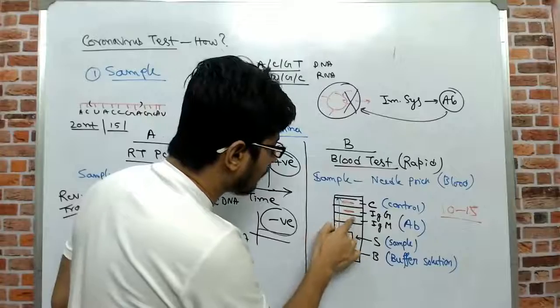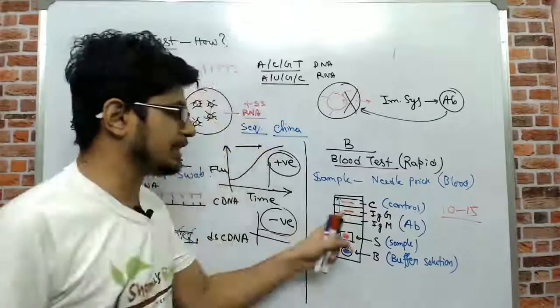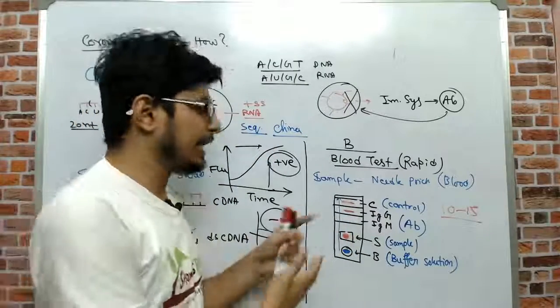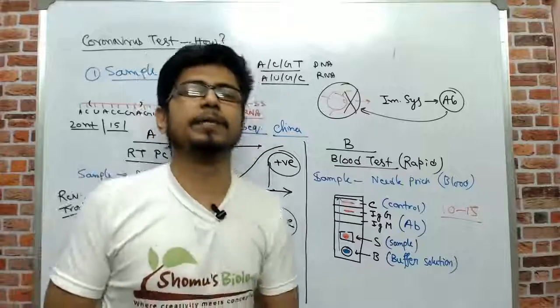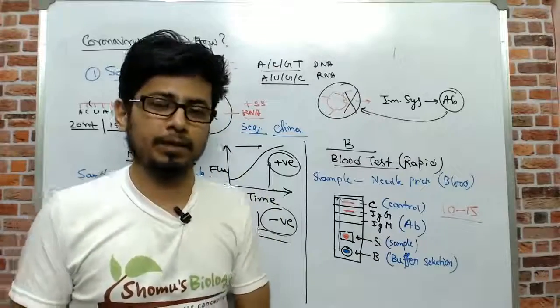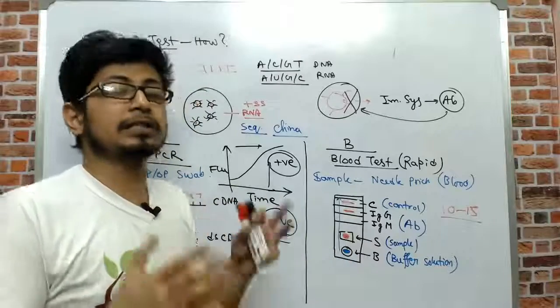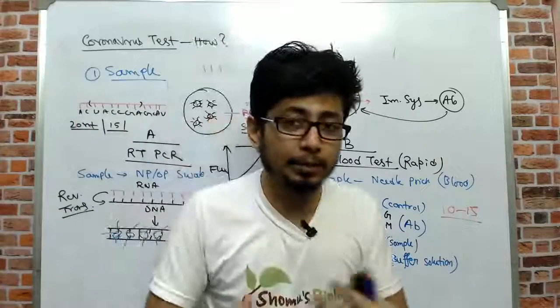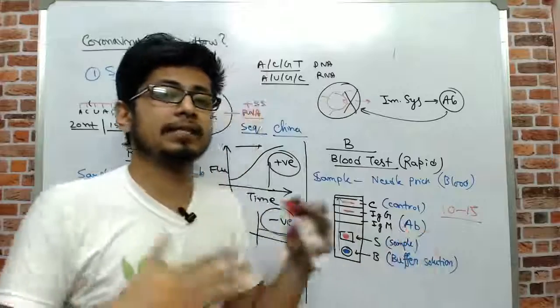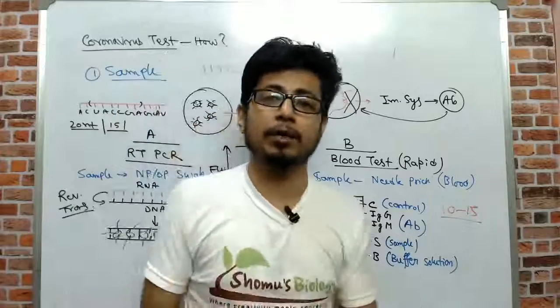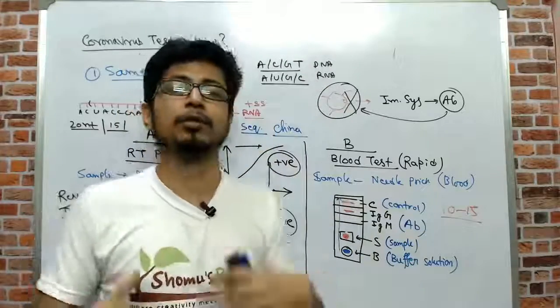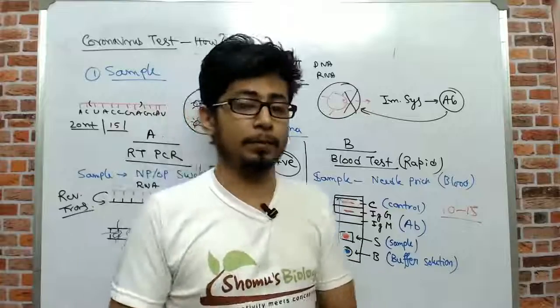But if you don't have an IgM line but you have an IgG line, that means this virus has attacked you multiple times, and you've been developing this IgG antibody, because IgG antibody is developed in the secondary immune response. That means this virus is attacking you more than one time and your body is producing this IgG antibody to fight against it the second time.